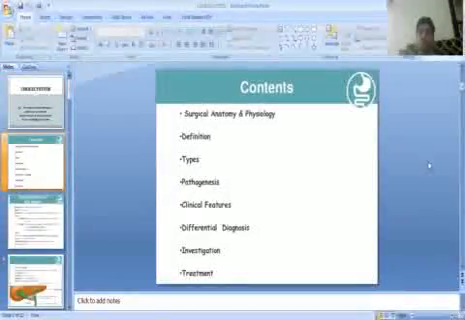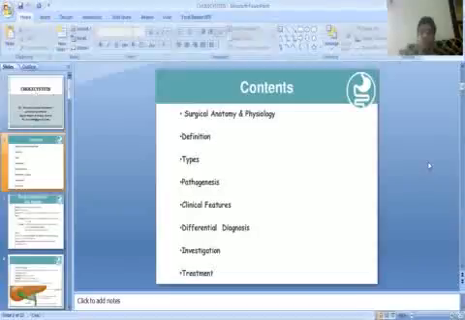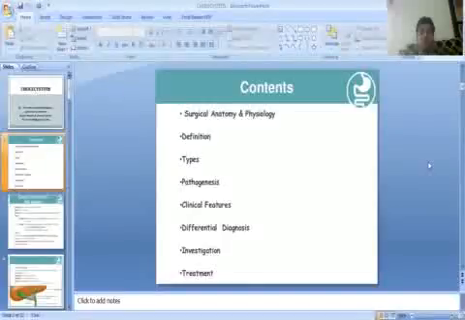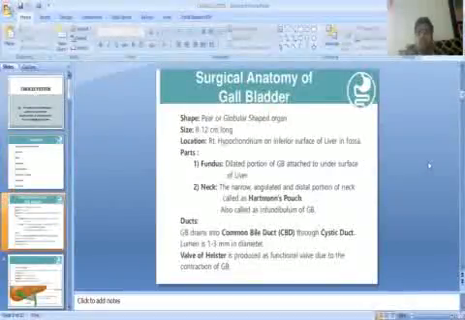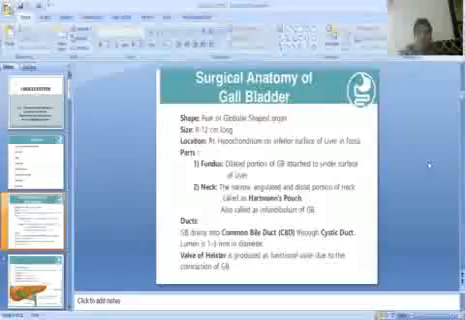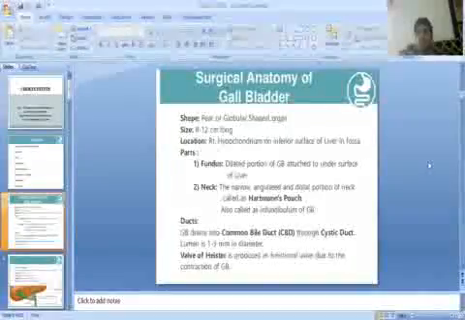Before we start cholecystitis, we discuss the anatomy of the gallbladder. Okay, students, these are the contents of this PPT. As you can see, the surgical anatomy of the gallbladder: a pear-shaped or globular organ,